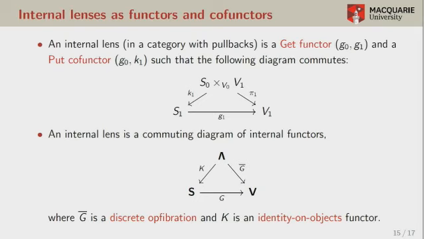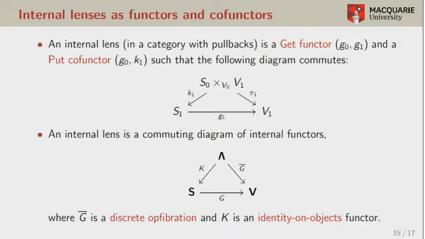Right, so an internal lens, don't really worry about this top half, but an internal lens is really just a commuting diagram of internal functors. And if you read that sentence without internal in front, a lens is just a commuting diagram of functors such that G bar is a discrete op fibration and K is an identity on objects functor. That should really be what a lens should be, in my opinion. And when those are just small categories, we get what a delta lens is,